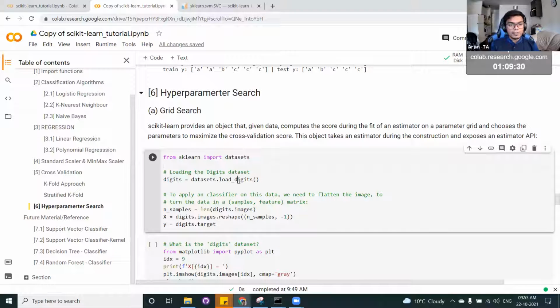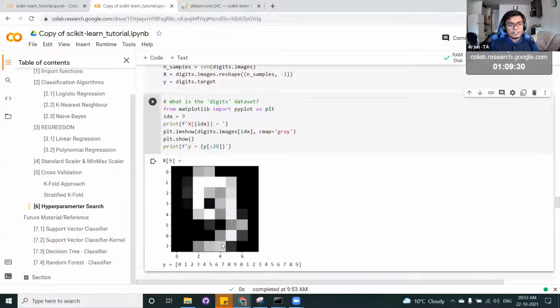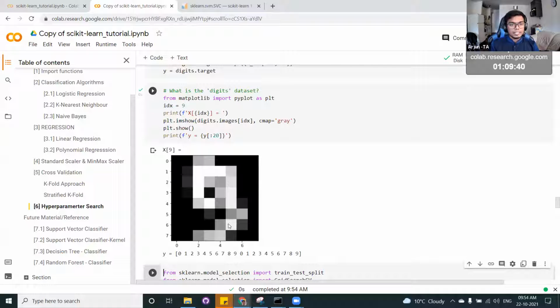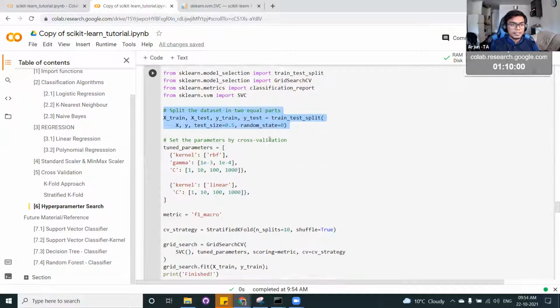Here we'll be loading a digits dataset, where the classification output is between 0 and 9. These are handwritten digits, with a pixel range, and we have to try to predict them. We will be using a train test split, taking 50% for training. You can play around with it, and for the random state, try to keep some fixed number. Then we split it into train and test.